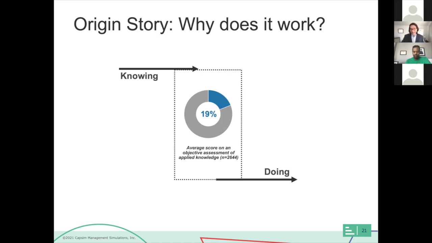Tell me that's not frightening. Doesn't that wake you up in the morning? So only about a fifth of the knowledge that we inculcate, right, is able to be effectively and consistently applied. And so that's a big gap, right? There's a lot going on there. And here it gets a little bit more